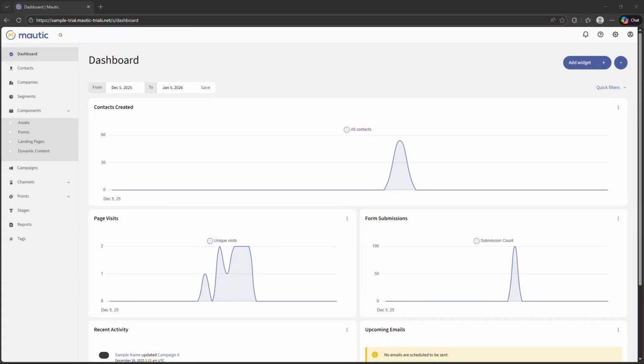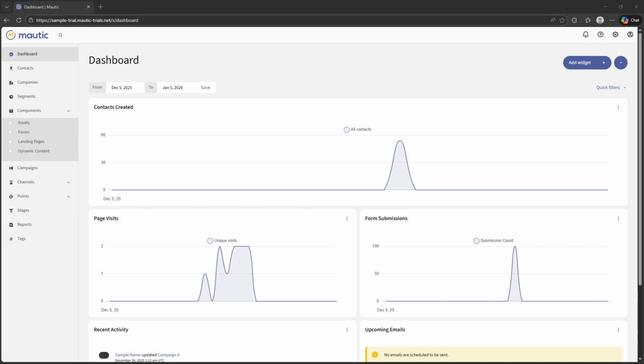In today's video, I'm going to teach you how to update the email editor in Mautic. If you've been wanting a smoother, more modern way to build marketing emails in Mautic, this quick walkthrough will get you there by enabling the newer Grapes.js-based email builder. This builder gives you an improved drag-and-drop experience and cleaner, more reliable HTML output, which can help with deliverability and